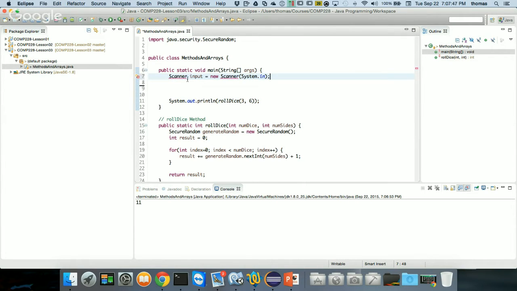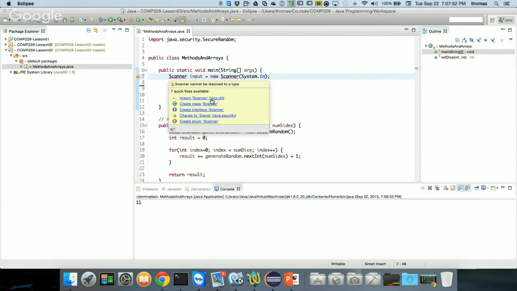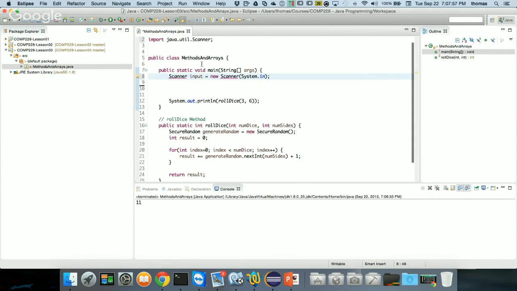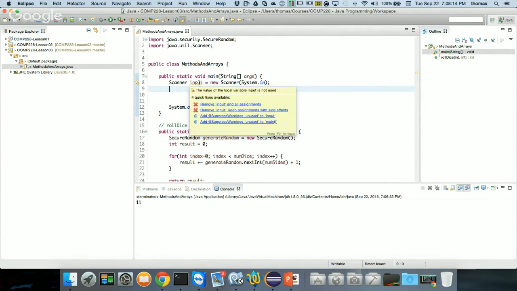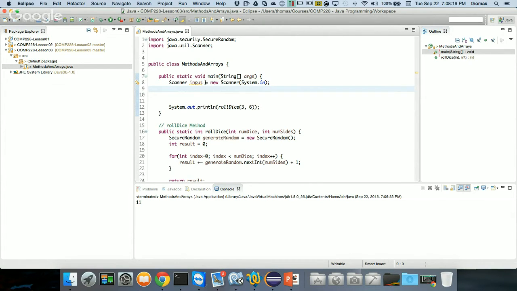And if you notice, my scanner is glowing red, and the reason why it's glowing red is because if I hover over it as a fix, I need to import the java.util library. So I'm going to do that. And if you notice, it puts it into play in the right order. My import statements get organized as I input this new item. So input scanner, this input. And what I want to do now is I want to use the scanner to get values from my input. And depending what my input is, as an example, I want to assign that value, like I did last time,